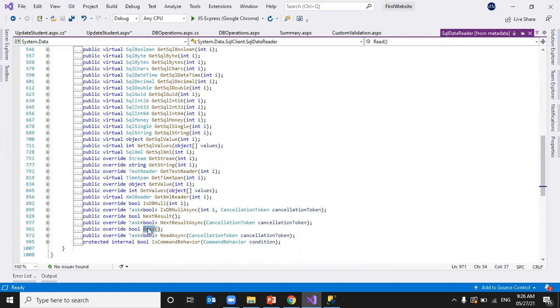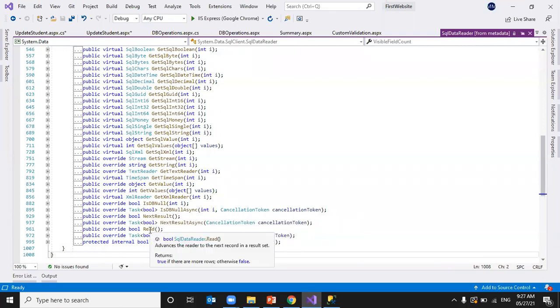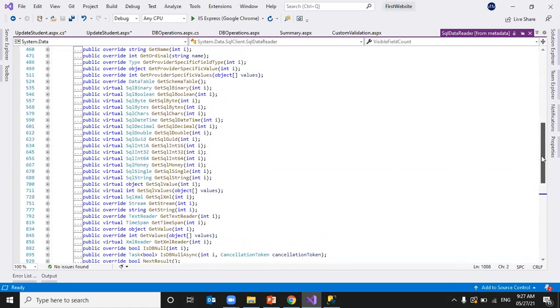Next, we have NextResult. Suppose we have 2 or more data sets or data tables in the result, we can use the NextResult method. It advances the reader to the next result when reading the results of a batch of statements. The Read method advances the reader to the next record in the result set and is used to read the particular row data. These two we widely use.